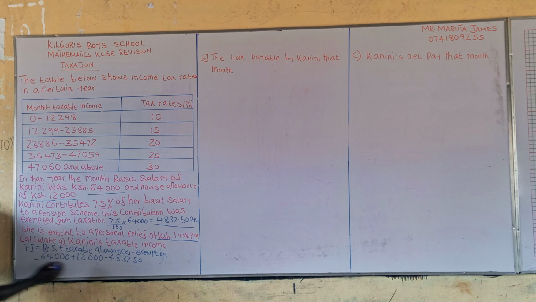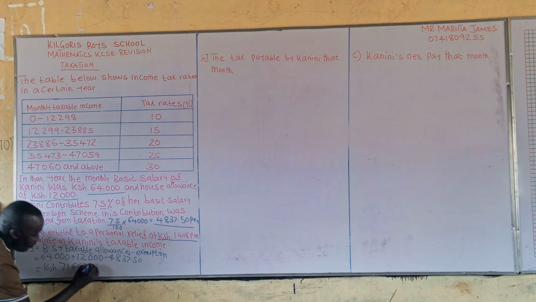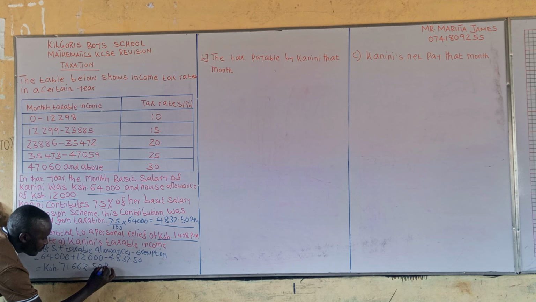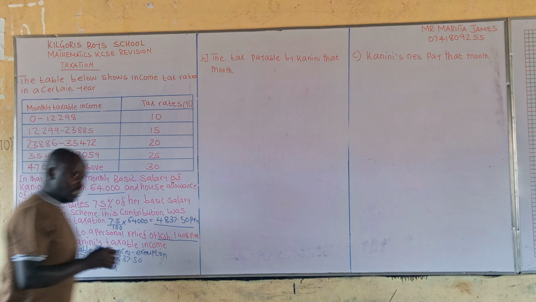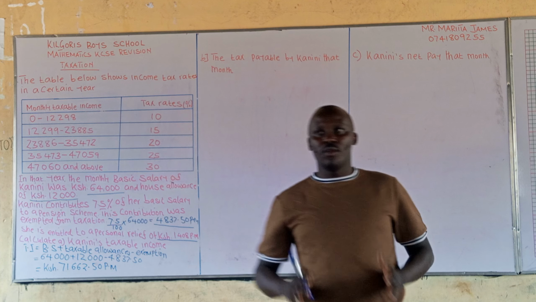And therefore, that gives us the taxable income of Kenya shillings 71,662 and 50 cents per month. That is the taxable income of